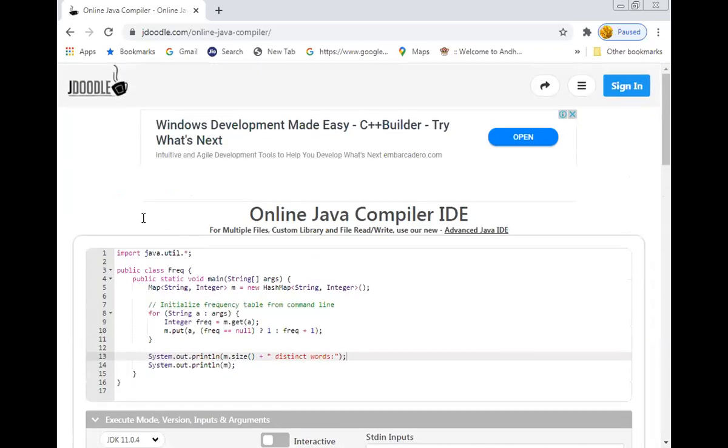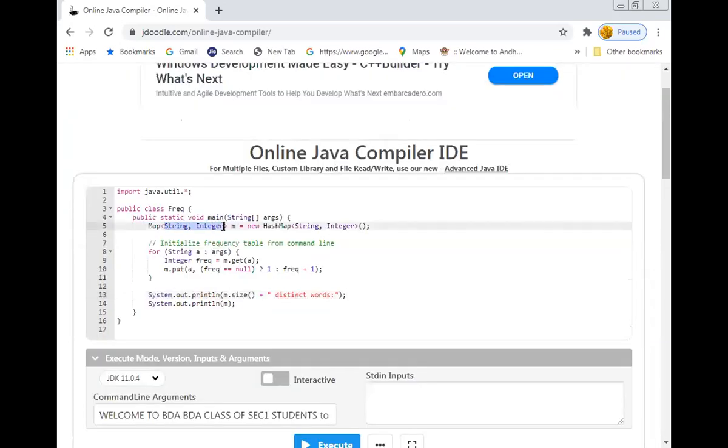So here Map<String, Integer> is a way of defining generics. Very soon we will discuss generic classes and generic methods. Until then, you just remember that this is a way of defining generics. Here, as you know, Map is an interface, so you cannot directly instantiate the object. With the help of another class, we'll implement it. For that reason, here I'm using the HashMap class for implementing the map object.